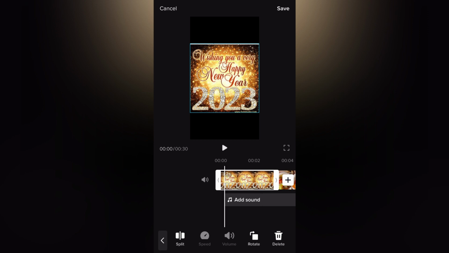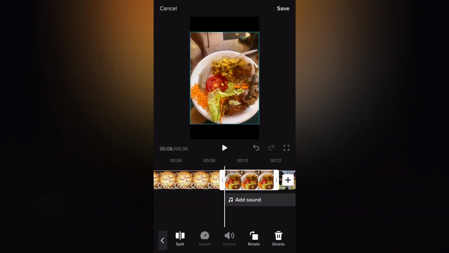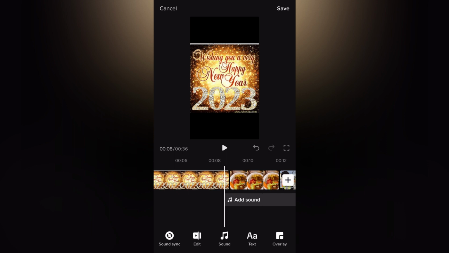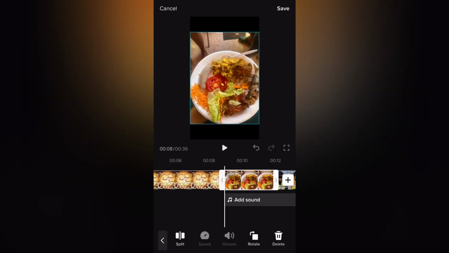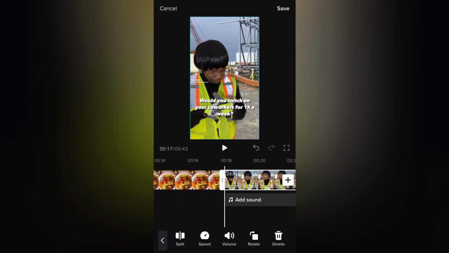And from here, all you have to do is simply drag the duration on the timeline beside the photo. As you can see right here, you can simply drag it. So tap on the photo, then you're going to drag it to the right to increase duration. And after doing that and increasing the duration of the photos, you are going to tap on the random video